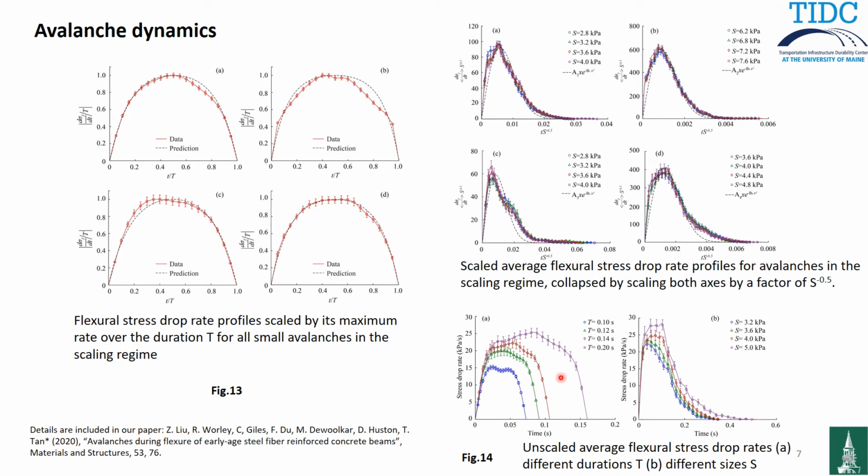And what's more interesting here is if you pile up the real measurements from time to the stress drop rate, you can see that as the time increases, the stress rate also moves outwards and becomes larger. That's consistent with the results we found before in a previous plot, the co-plot between the avalanche duration and avalanche drop rate. Also, if we take similar size, meaning similar duration, as the size becomes larger, this line also moves outwards. This is also consistent with the prior results.